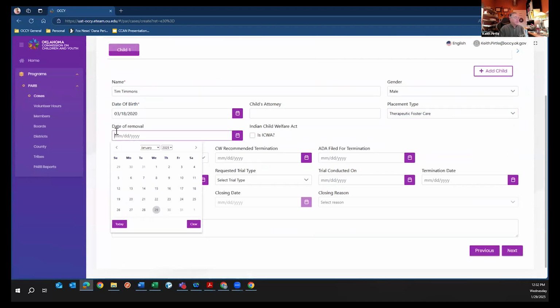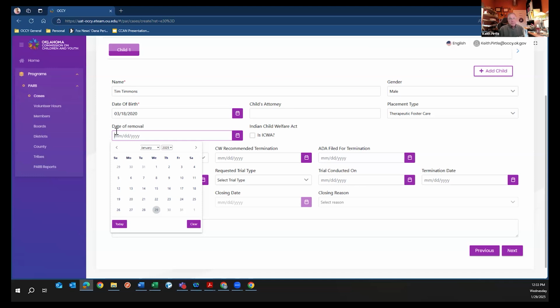Date of removal, that's probably underneath, besides the KK number, my number 2, please put that in there. Because if a kid was removed 2 weeks ago, it's a lot different than if they were removed 5 years ago, right? Just like their age. If you're dealing with a 2-year-old or a 16-year-old, it tells you all kinds of things about that case, their safety and everything else. Same with the date of removal. This does not have to be an exact science. You can usually find it in the ISP or somewhere in any of the child welfare documentation.